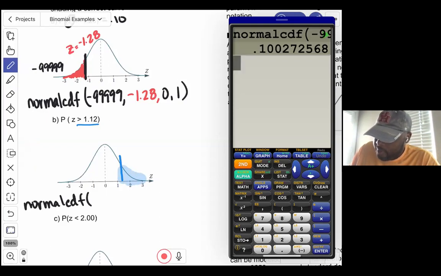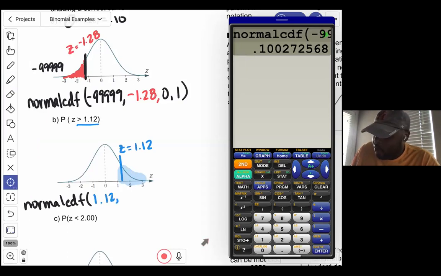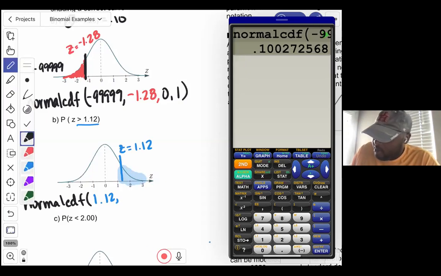The lower bound. This time your lower bound is, you can see, this value right here, which is 1.12, which is the Z value. 1.12. And the upper bound is going forever in this direction. So we call that positive